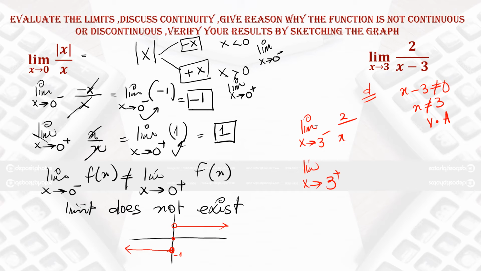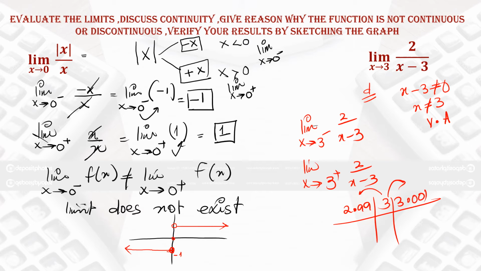And in place of x, the very first answer from the left side, let's see here, if you have 3, on the left side you will get 2.999 and on the right side you will have 3.001. You can replace it in the question and from here find out whether it is positive infinity or negative infinity. So you will have 2.999 minus 3. If you divide this one from the left side, you will come up with negative infinity. And if you divide the second one, you will come up with positive infinity.